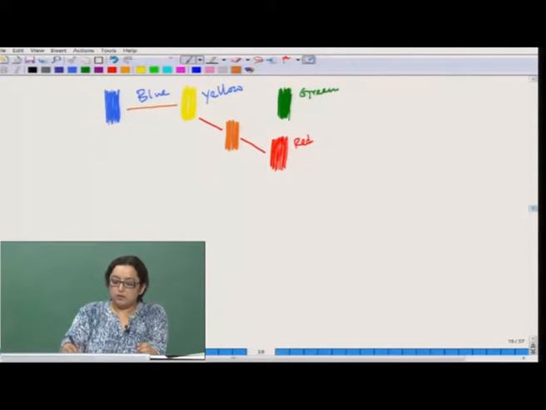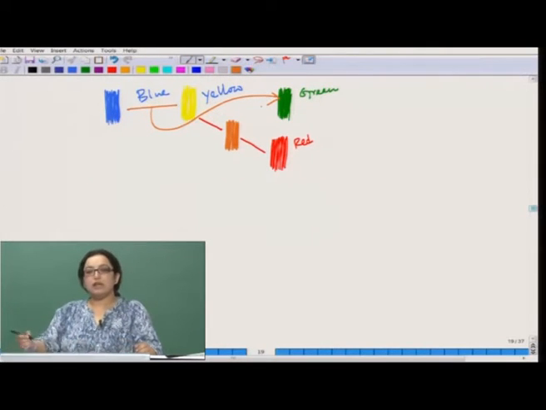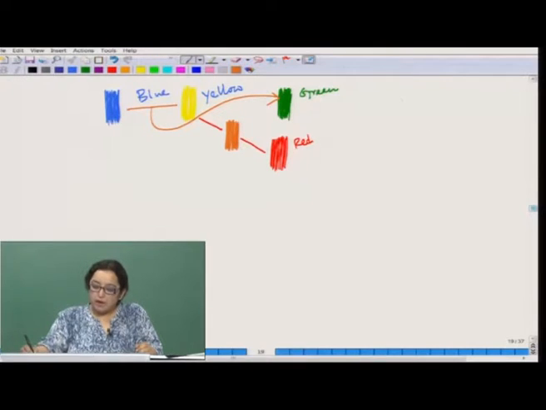Blue and yellow will produce green. So, these are the interrelationships. So, when we have a visual area with red and yellow side by side, red, yellow, red, yellow, more red, more yellow,